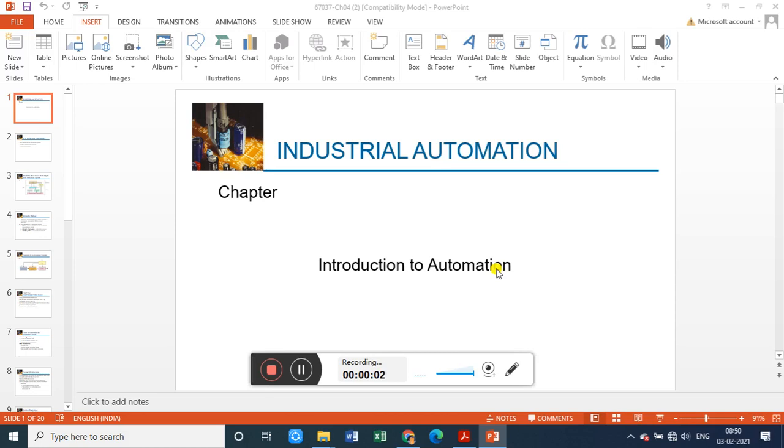Good morning. We'll start with the first module for the industrial automation subject. First, we'll have an introduction to automation. We'll see what automation is, and then we'll switch to the main part of this subject, that is module number 3. That is automation of the processes by using pneumatic, hydraulic, electro-pneumatic, electro-hydraulic, and PLC